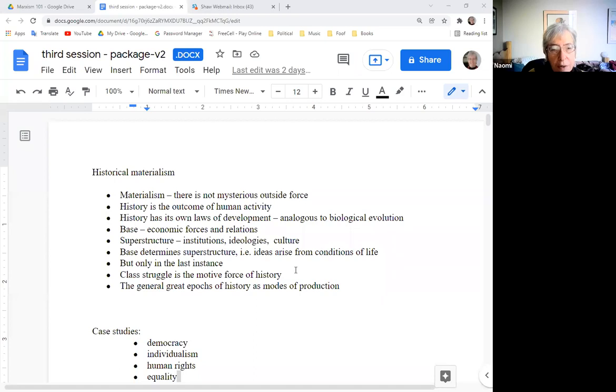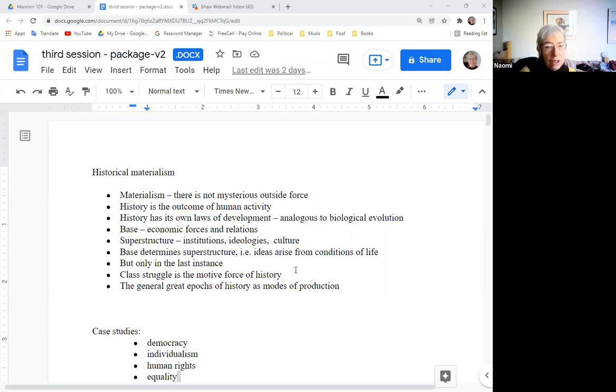So again, we don't try to force every society and the history of every country into rigid categories. There will be some intermediate cases and some nuances, some ways in which the form of slavery or feudalism or even capitalism has been different in different parts of the world. And the history of the transition from one to the other has certainly been different in different parts of the world. But still, we can say that in the most general terms, class struggle is the motive force of